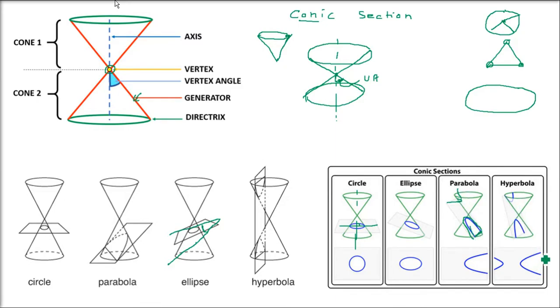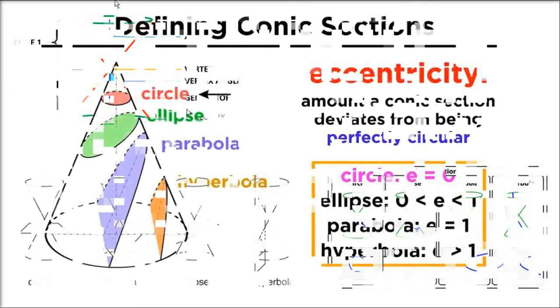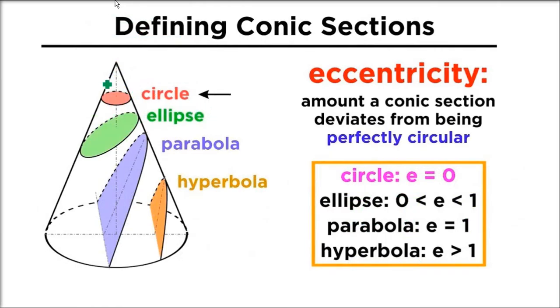Now again come to hyperbola. Now again shift this plane or tilt this plane and cut this, so it will cut the above cone also and below cone also. Both cones, both parts will be cut, so that will be hyperbola. So this is how different shapes will be formed as conic sections. So let me explain you again, or we can have one cone only.